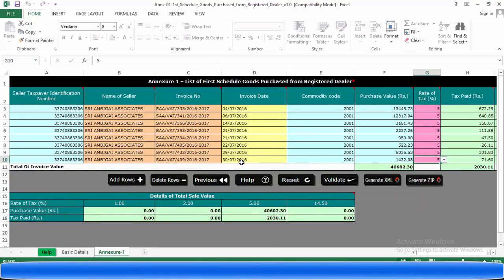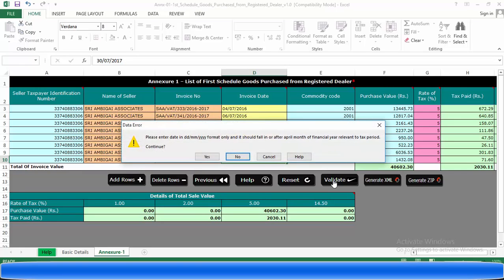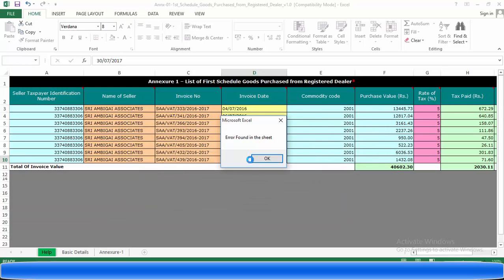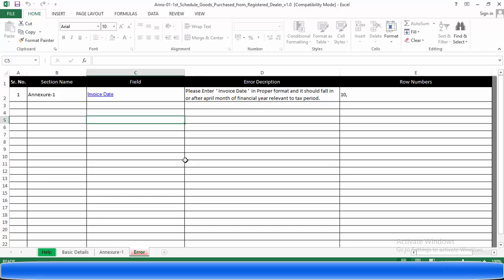If any error is found, for example, I am changing the date right now. After changing the date, I am clicking validate. It will show that some date has been changed. I am clicking yes for this. After validate, you can see some errors found on this sheet.